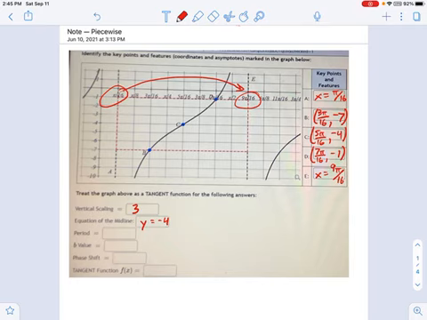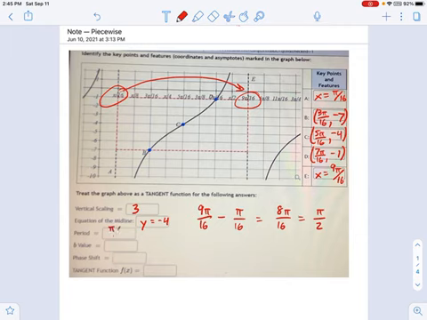Well, if you're quick with math, you might say, oh, it's 8 pi over 16 distance. But the way we do that is we would say the end point, 9 pi over 16, minus the beginning point, which is pi over 16, which gives you, 9 minus 1 is going to be 8 pi over 16 on the top. And if we simplify that, we just get pi over 2. So our period for this particular tangent function is pi over 2.